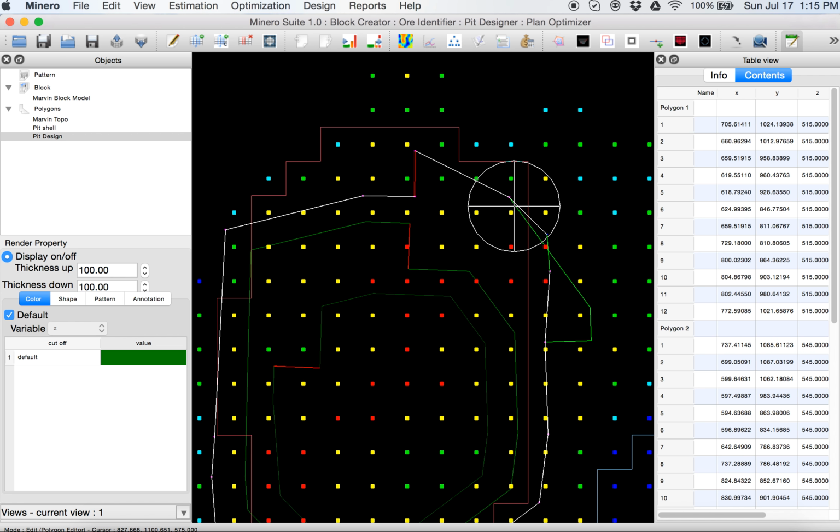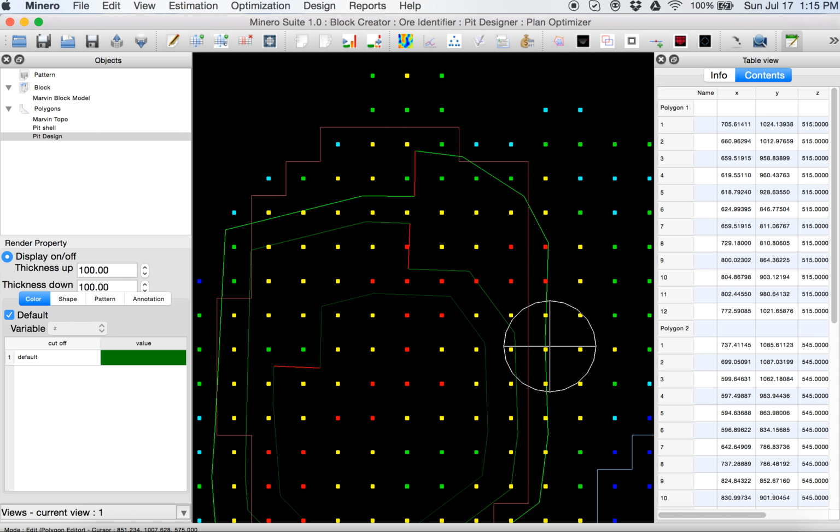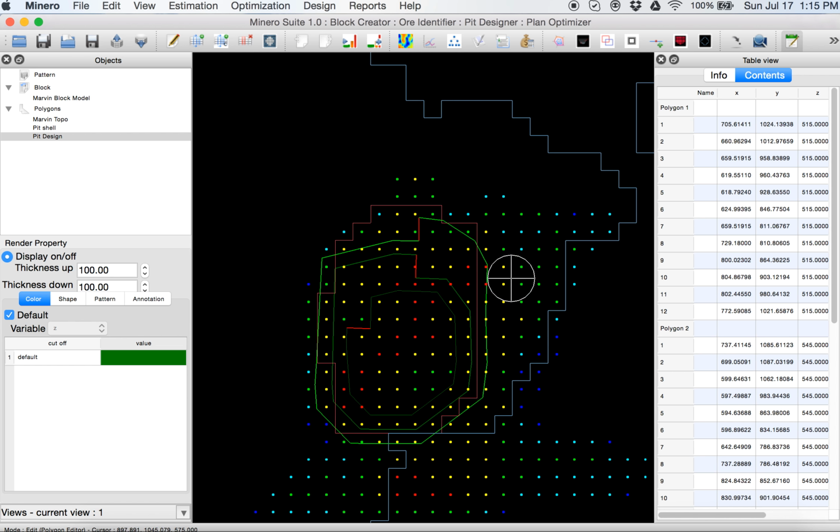I can move this point probably a little bit like this. That way I can take advantage of those blocks as well. So this is editable. Engineers can define whether they want to add some blocks or not, and basically they make the decision.